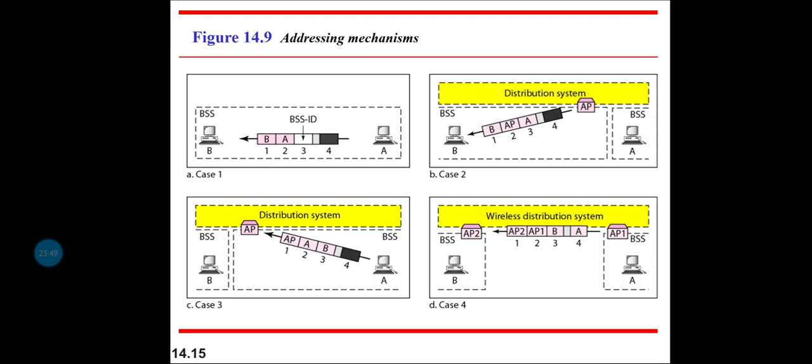Whenever an AP is the sender, we have case 2, and when the AP acts as a receiving device, we have case 3. And whenever there is a transition between 2 BSSs via 2 APs, where the DS is considered a wireless distribution system, it basically acts as an Ethernet or a wired LAN. Depending on that, the addresses are mentioned here.